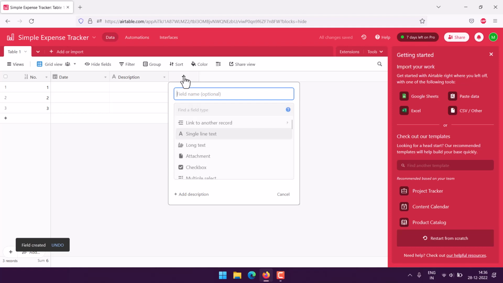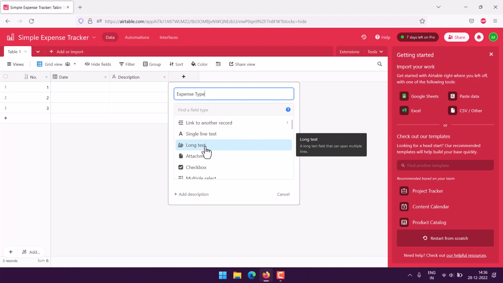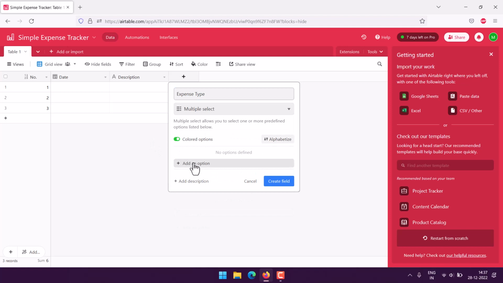Next thing we will also choose expense type, where we can choose from multiple options, or you can also choose from, let's say, long text, right? Considering this is something you have to explain. If you don't need to, you will stick with multiple select option, where you can keep on adding those options and let people choose while they select. So something like, let's say,